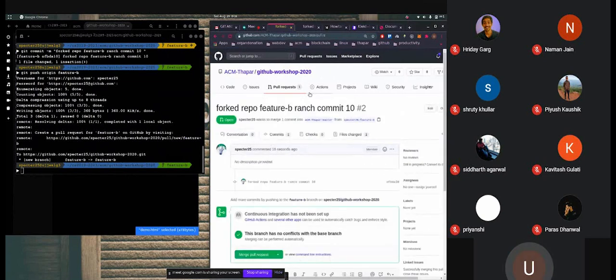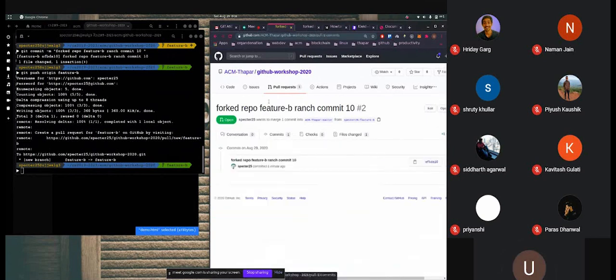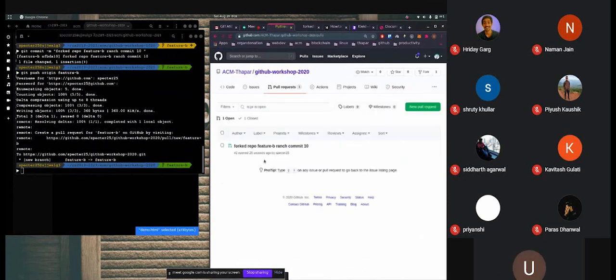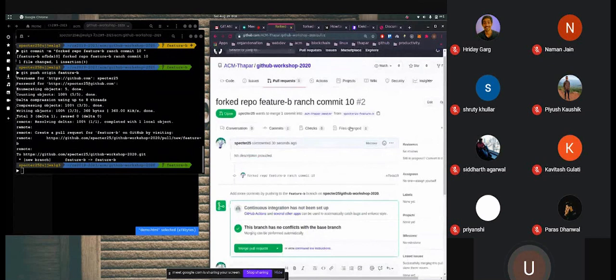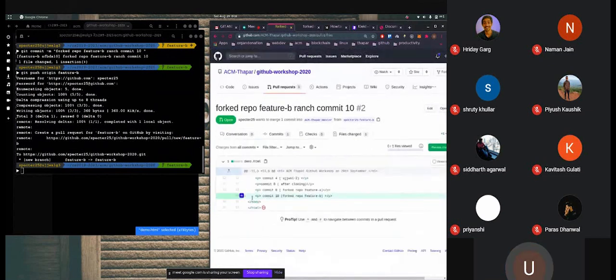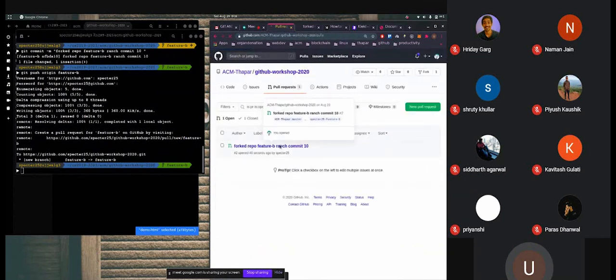So I go here and assume that now I am the organization. I am not the person who raised the pull request. I see that a new pull request has been raised to my code and I see all the new changes. I review the changes and I feel that the changes are good.